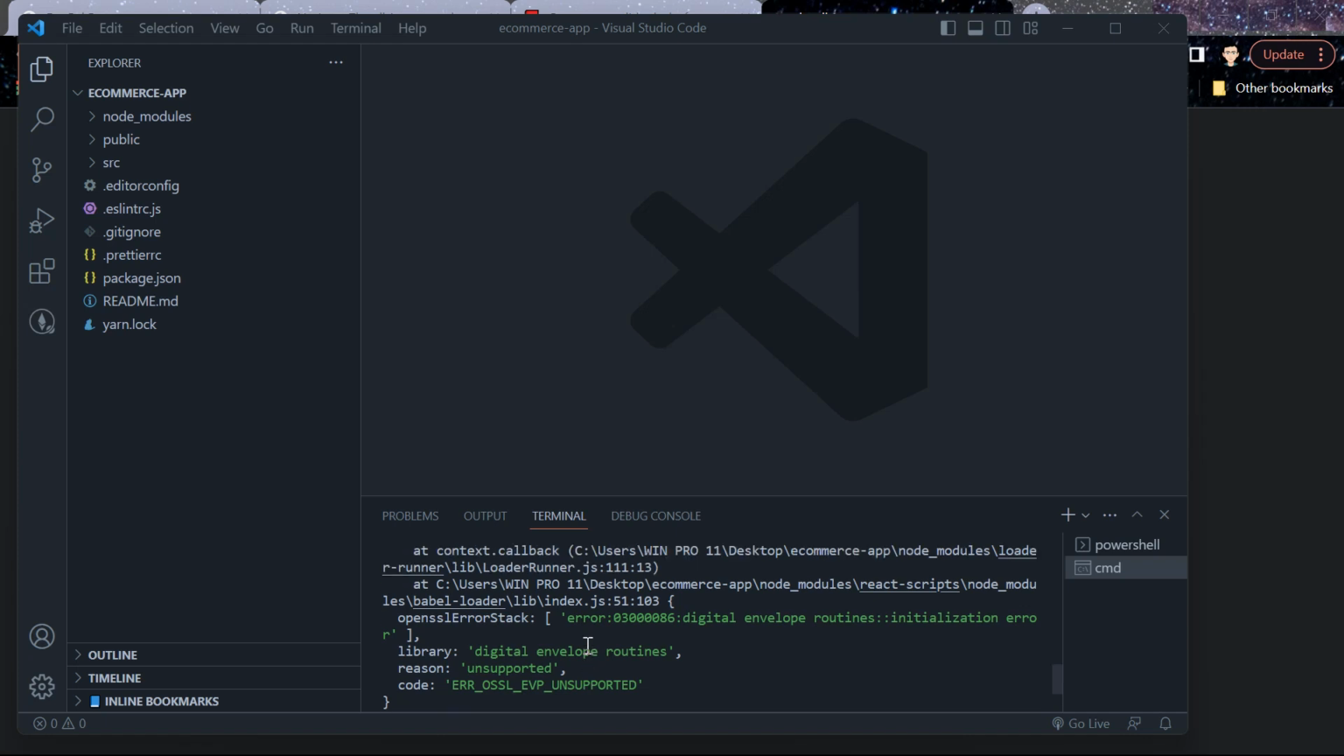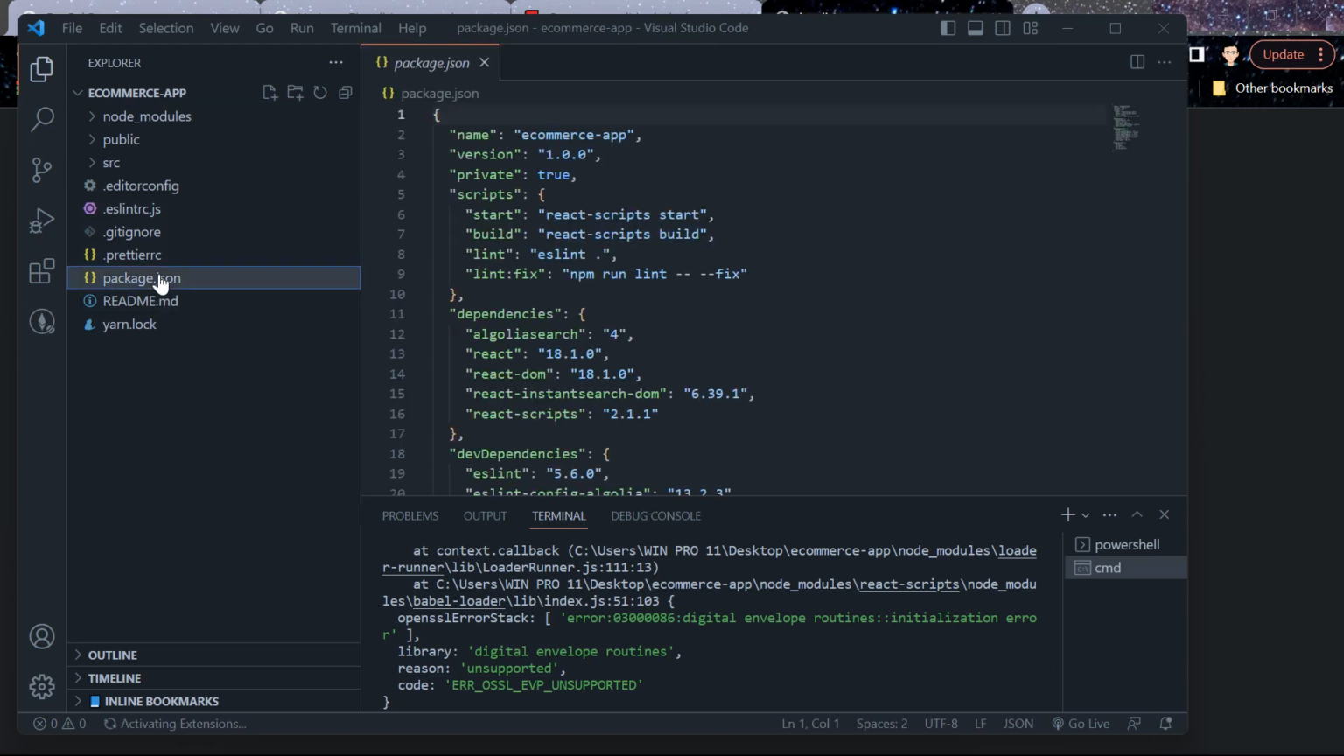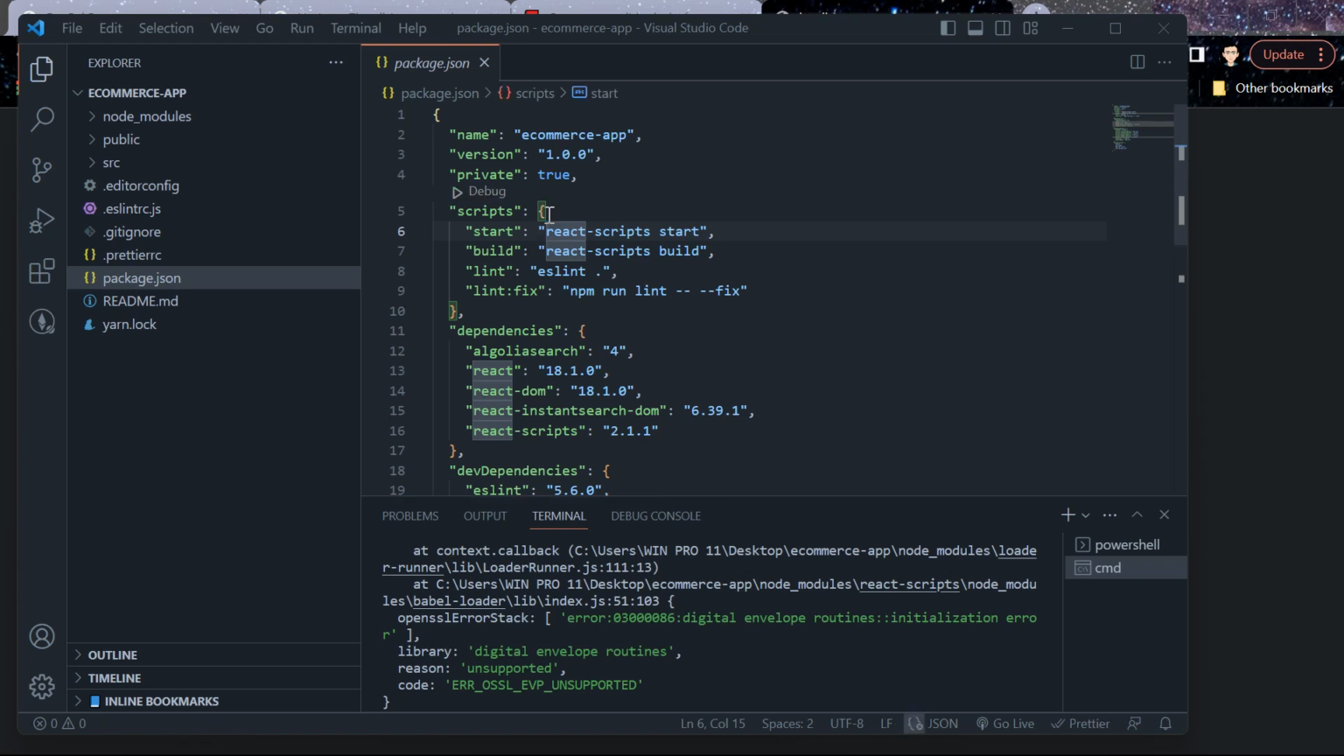To fix this error, all we need to do is go back to our package.json, and here where we have React script start, all you need to add is this particular code that I'll give to you. For the start, you add export, set, NODE_OPTIONS, node options equals to